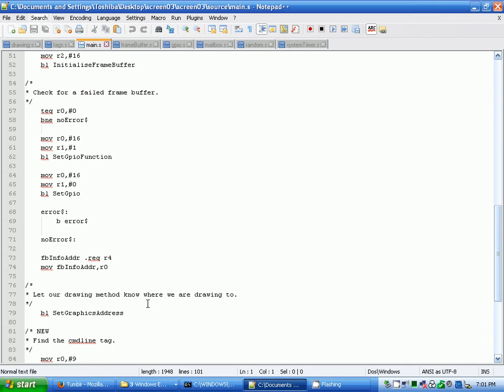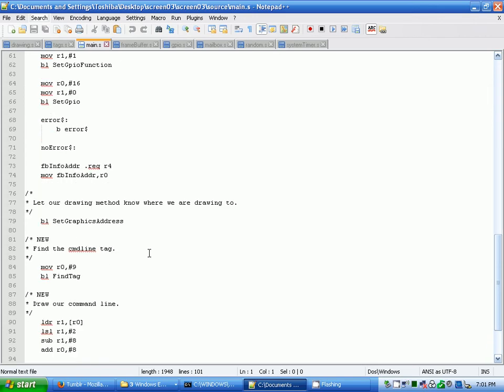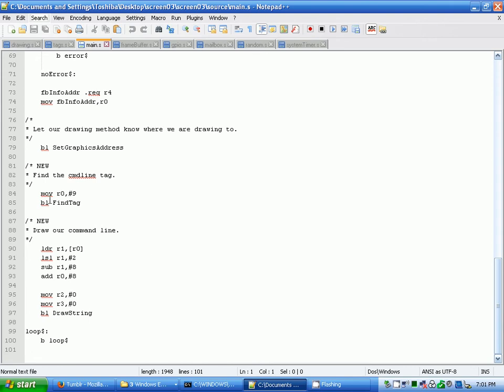It'll set the graphics address, and it will move register 0 to number 9, find the tag, and load register 1, which is going to shift out register 1 to number 2, subtract register 1 to number 8, and then add number 8 again, and move register 2, which is